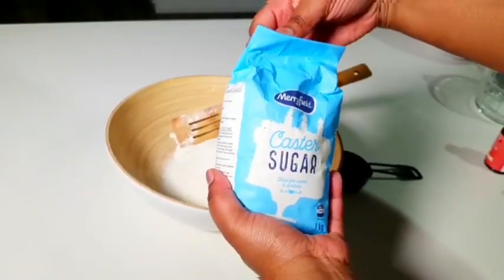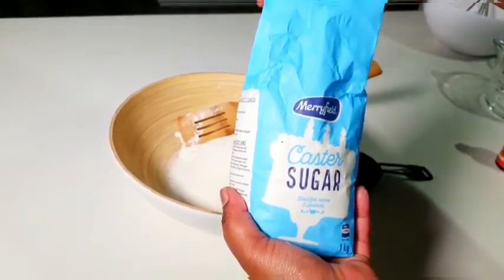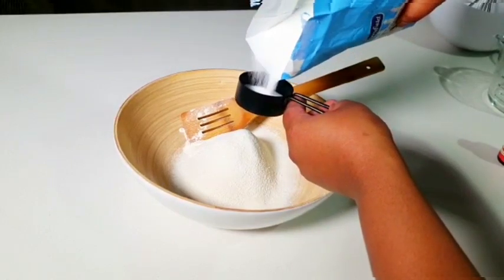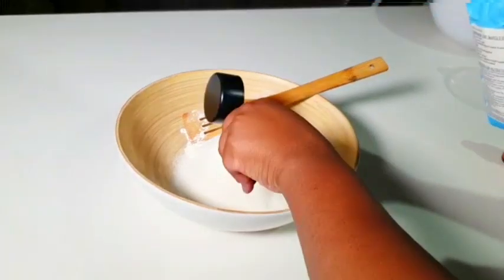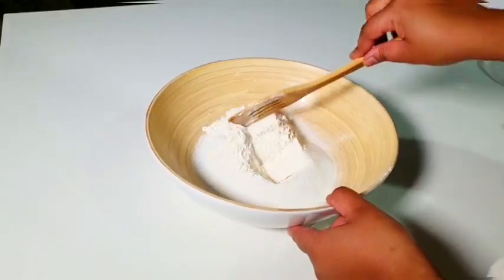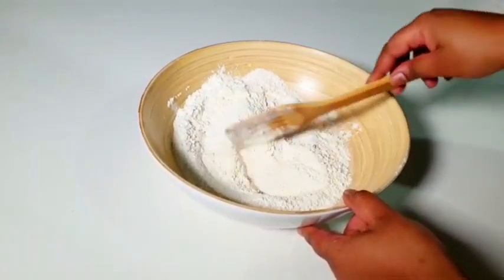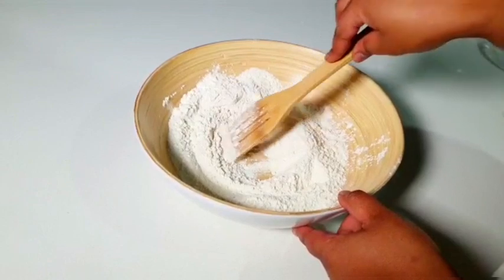We're going to add in 1/3 cup of sugar. And we are going to mix the 2 ingredients together, making sure the sugar is well incorporated into the flour. After that, we're going to make a well in the center of the mixture,